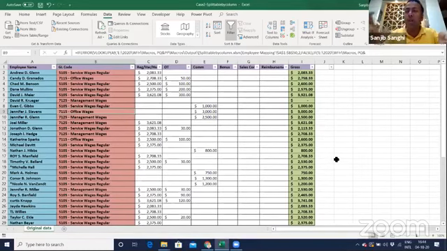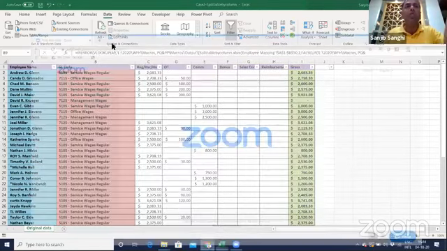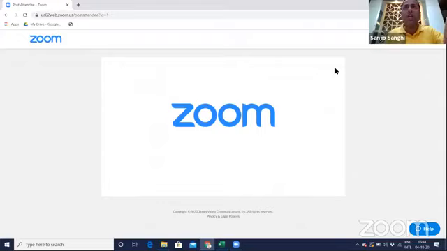Every macro which we have recorded actually turns into VBA code. Even the macro which we recorded for deleting the data from the table created VBA code in the backend. So we can always go to Google and find the VBA code. Let me share this screen for you for Google.